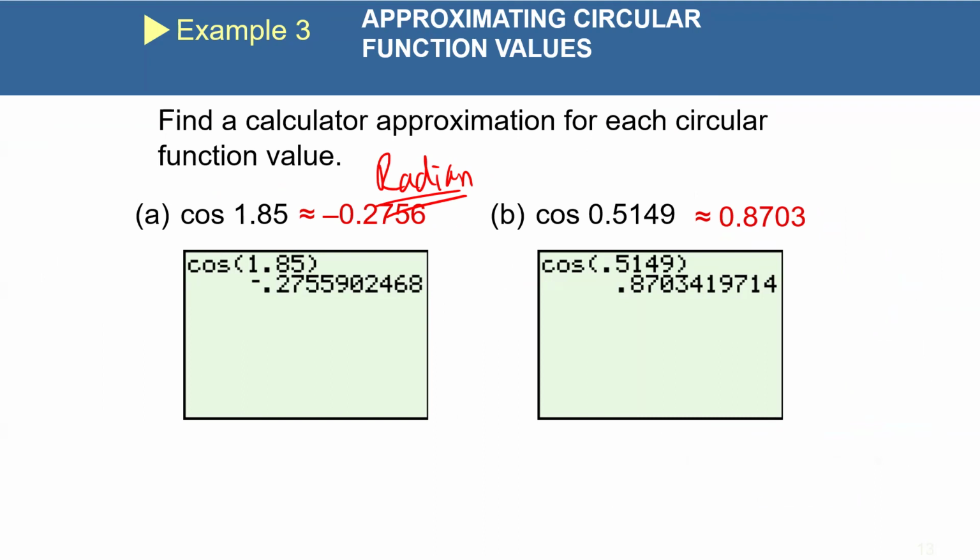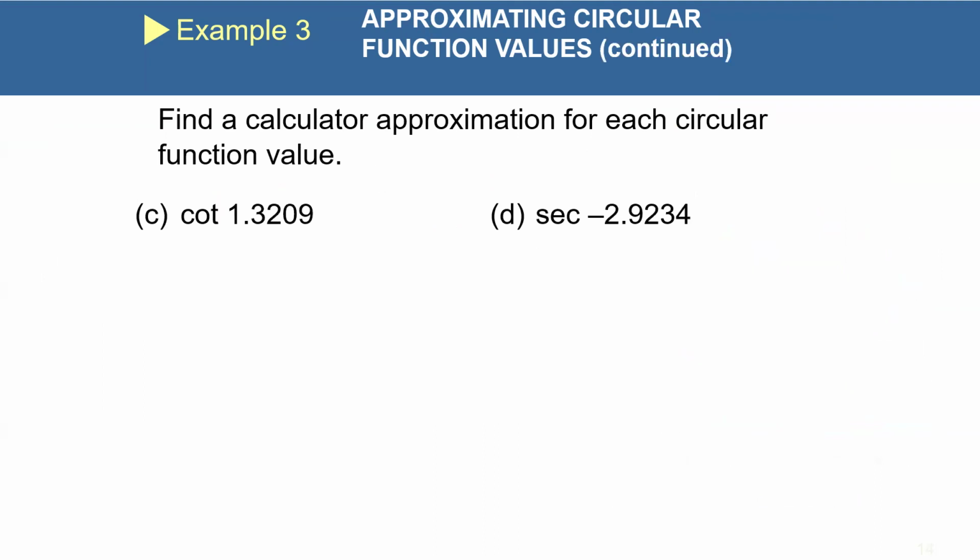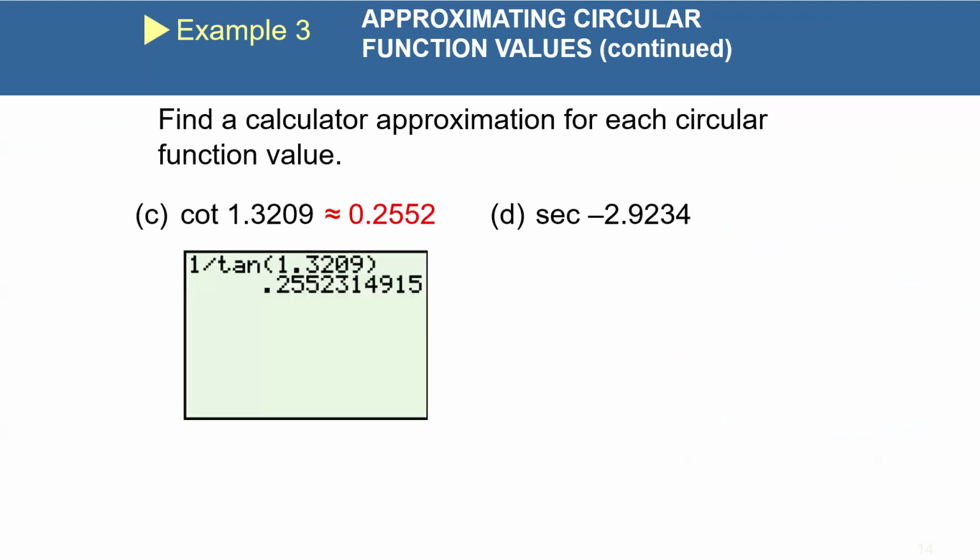We're good? All right. So we use this when things are not on the unit circle. Does that make sense? So this is your option to use when it's not on the unit circle. So these radian values are on the unit circle. So I'm just going to plug them in the calculator. However, remember when you have your